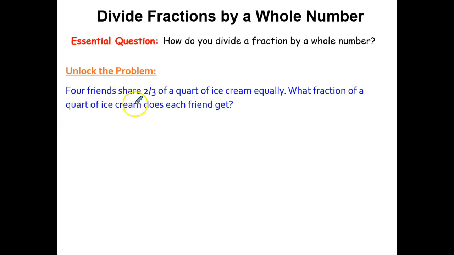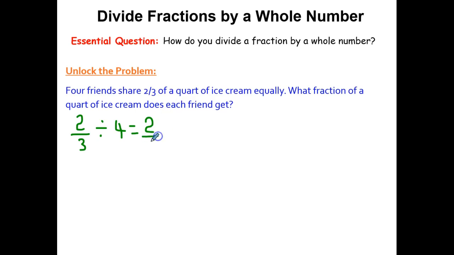So 2/3 divided by, obviously because the title is divide. Remember, the fraction comes first. Divide by 4. And we've done this before, so if you remember the rule, you know that